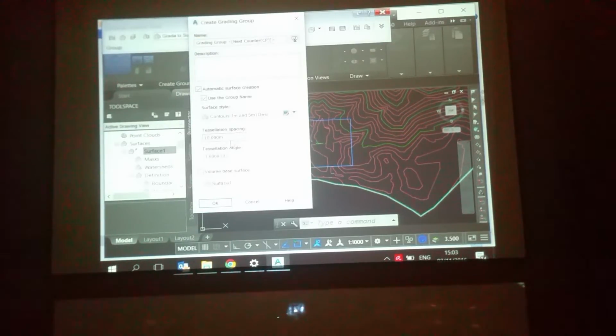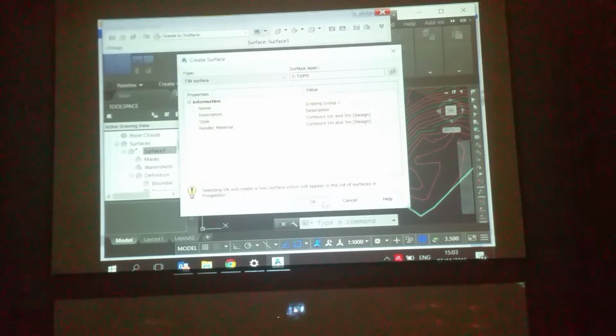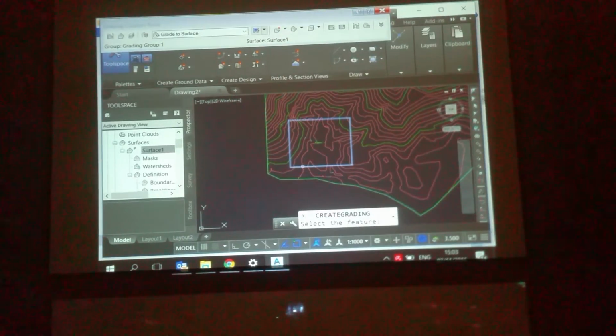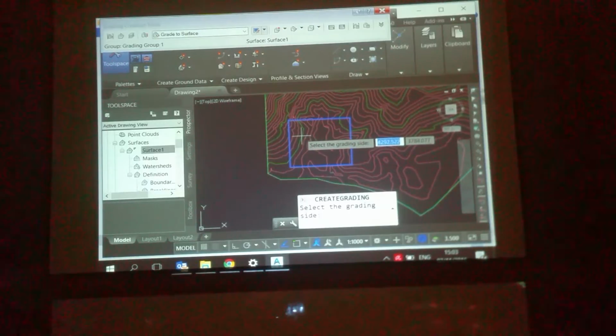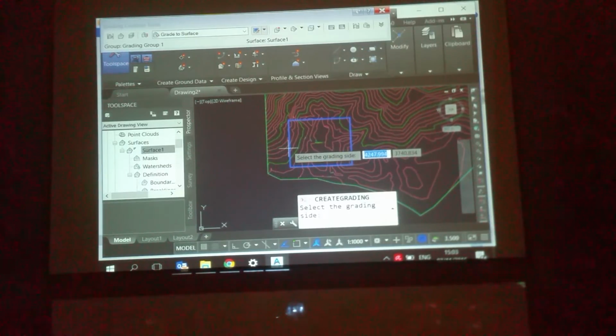Just refreshing volume based on surface one. And then I select the features. This is the feature that I have to select, and then select the grading site. If you want to create a swimming pool, the grading site is inside. This is the site here.